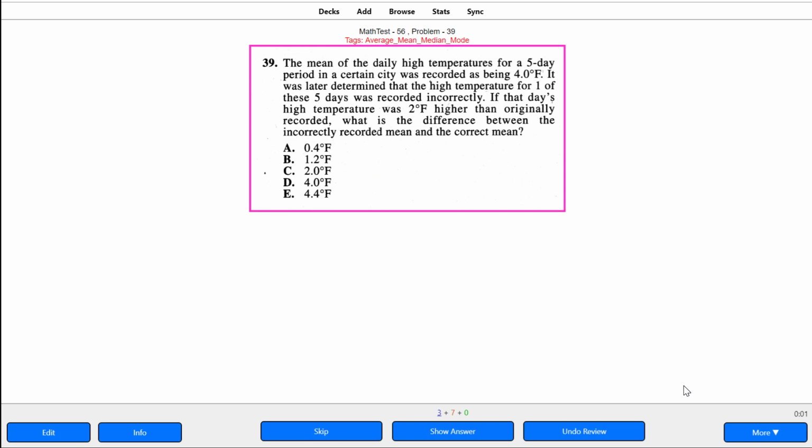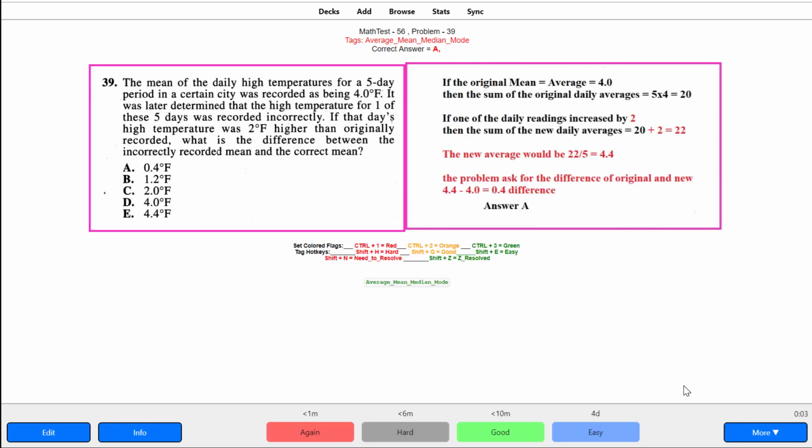Okay, problem 39 is an average, mean, median, mode problem. First thing to know is the mean is the same thing as average. In this problem, they calculate the mean first with one set of data. That data changes and they want to know how that affects everything else. So the original mean, they said the average was 4. 4 times 5 days, we have an accumulation of 20. Now if our average